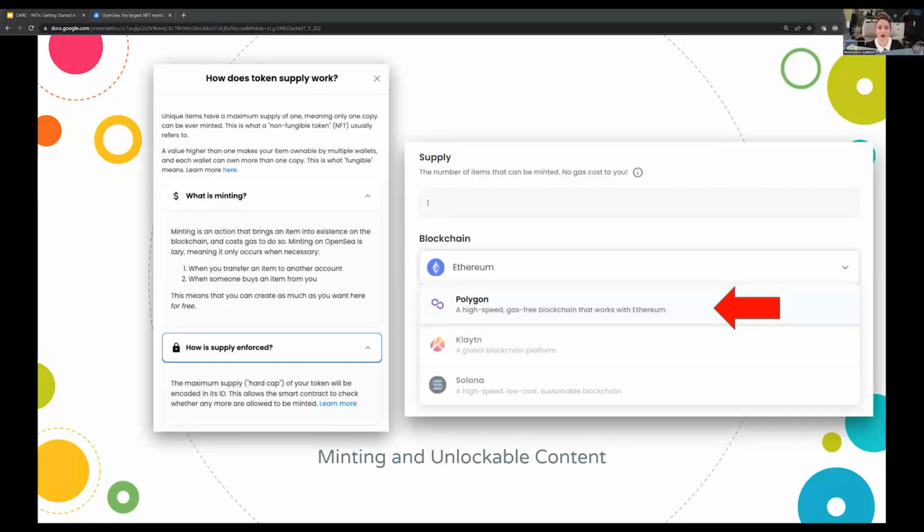By the way, as you're filling out your NFT form, if you increase the supply beyond one, you are allowing for multiple people to own the same item in their wallet. So this decreases the rarity and can drive down the price. Essentially, what you're doing is you're turning it into a print, right? It allows more than one person to sort of own a copy of it. Once that supply is set, it can't be changed. So likewise, once you pick which blockchain you are minting on, you are locked into that platform in theory.